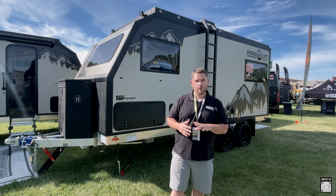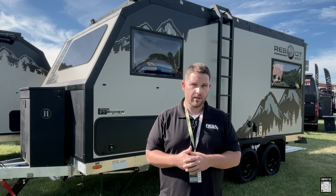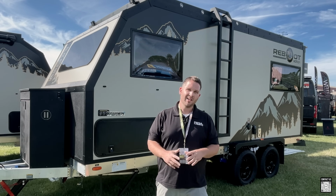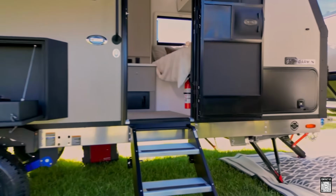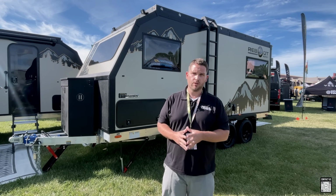So I'm gonna try to do a little bit of a longer walkthrough. A lot of this stuff is to be determined. This is a brand new, very first proto, so he has to work through some things. We don't have official weights. I can give you some rough estimates because we do know the other units and they're similar. It's a little bit smaller, but let's get into this, walk around and show you the all new Reboot